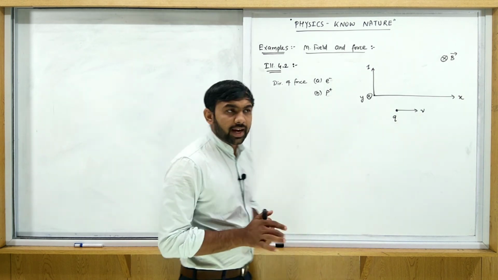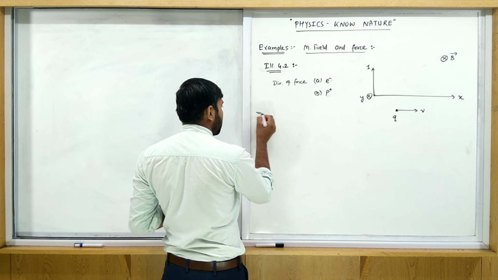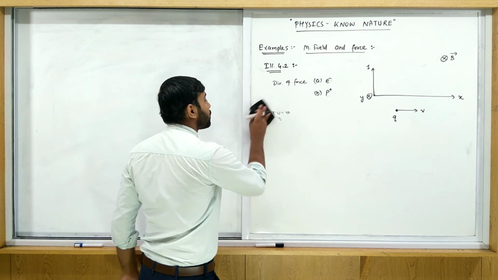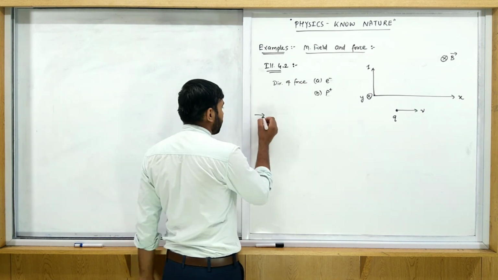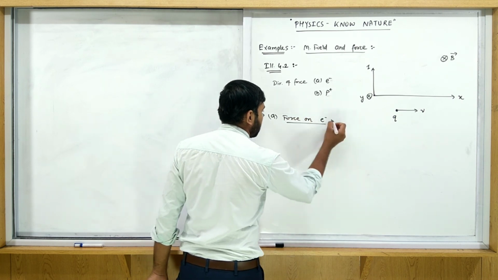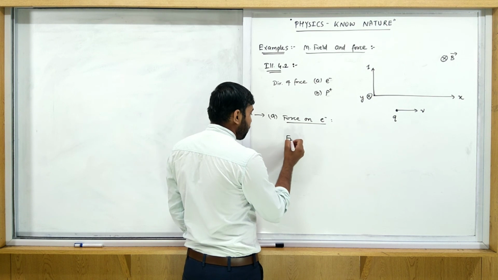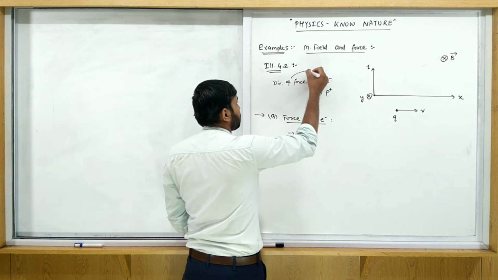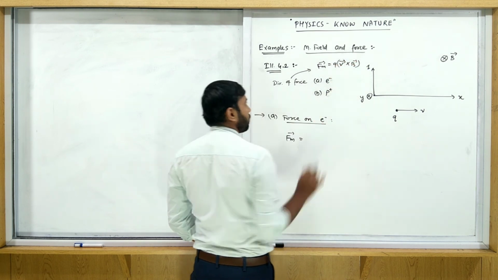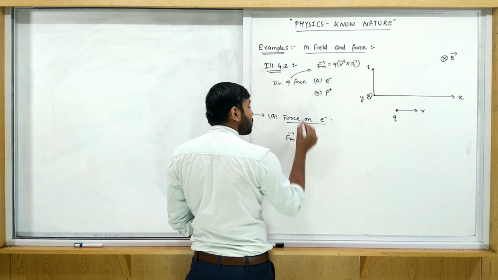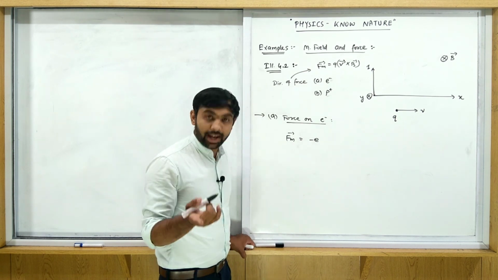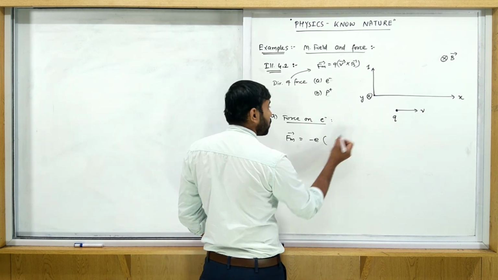So here we use only the right hand thumb rule. Okay, for both cases we have to use the right hand thumb rule. First we find the force on electron actually. So force on electron, case 1. So what is this force? Fm is equal to Q V cross B. So Fm is equal to Q. Q means, for electron, minus e, means we put the Q with the sign. Okay. So in this case minus e into V